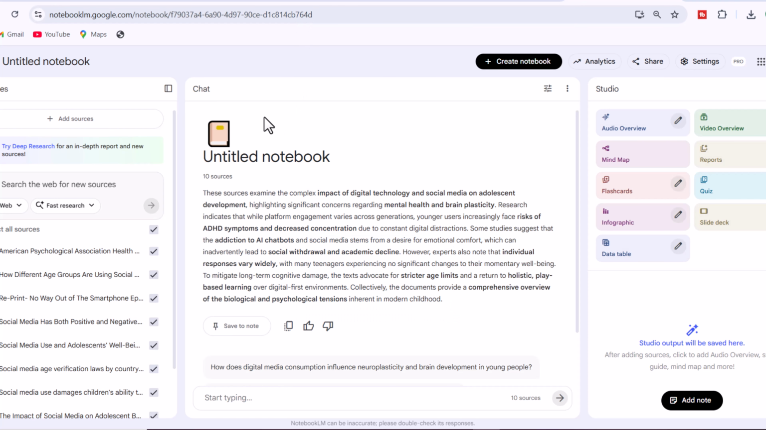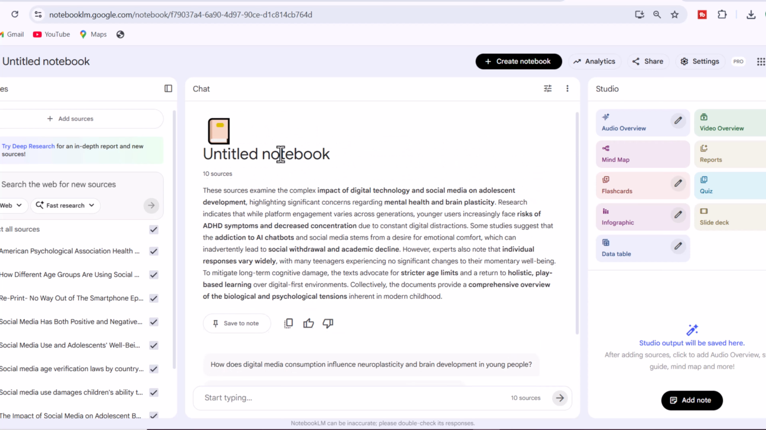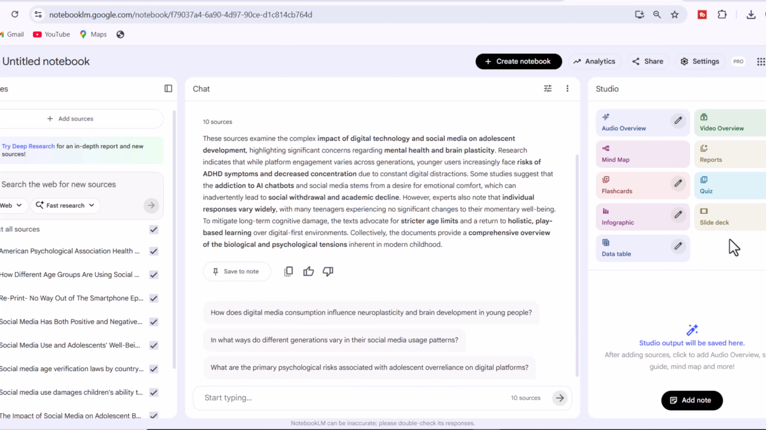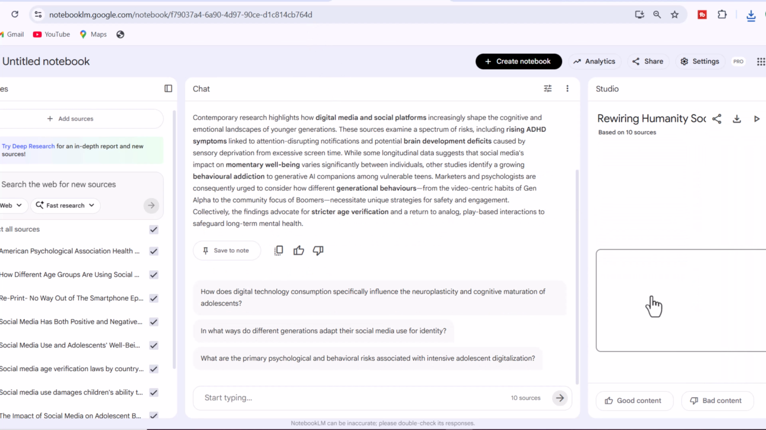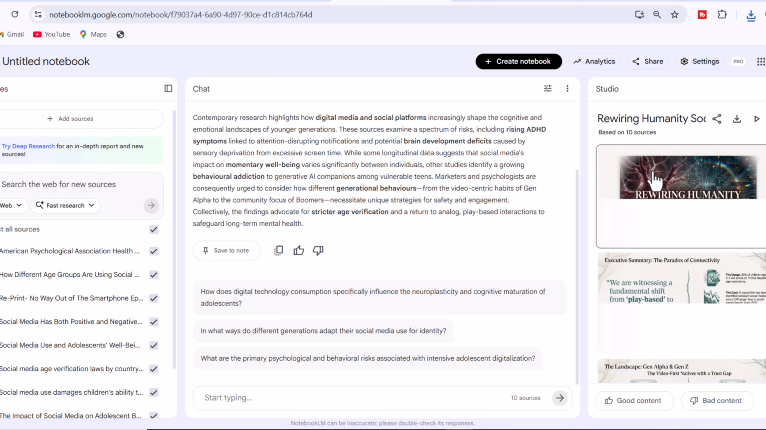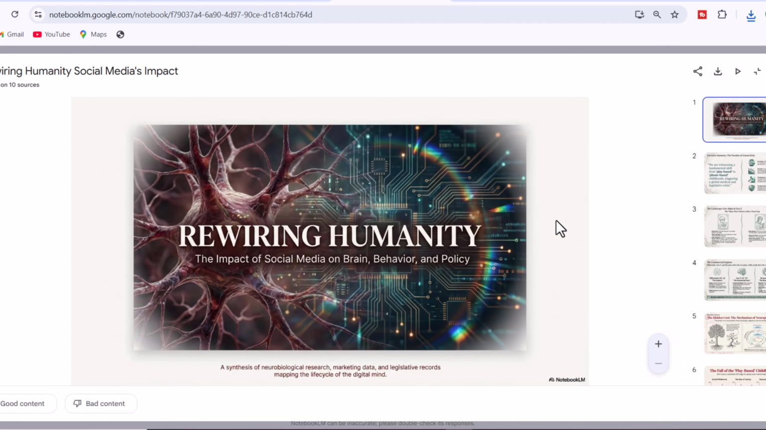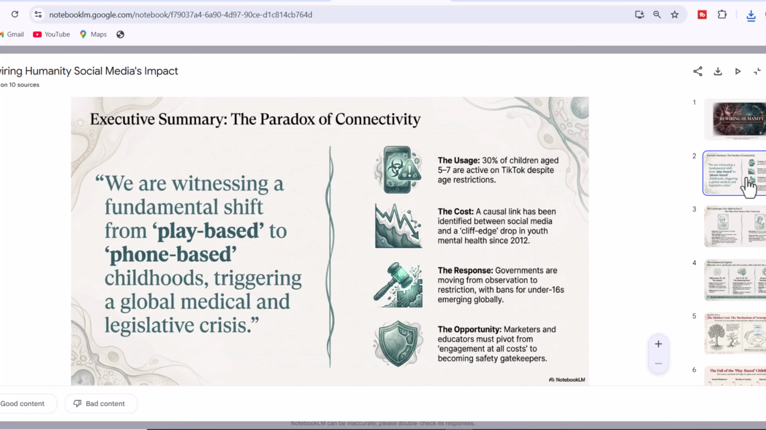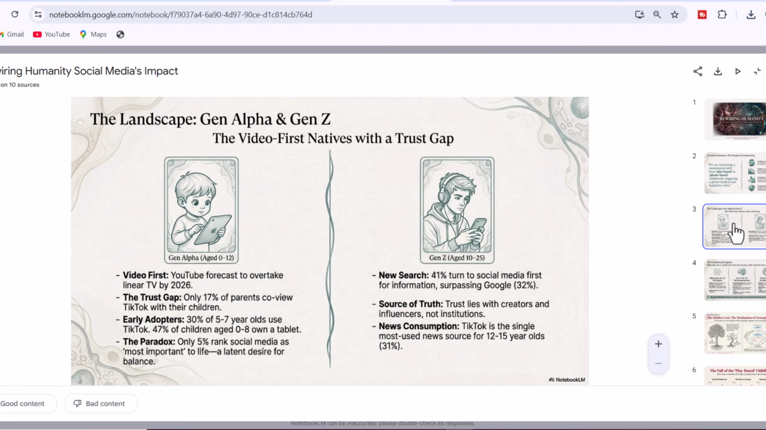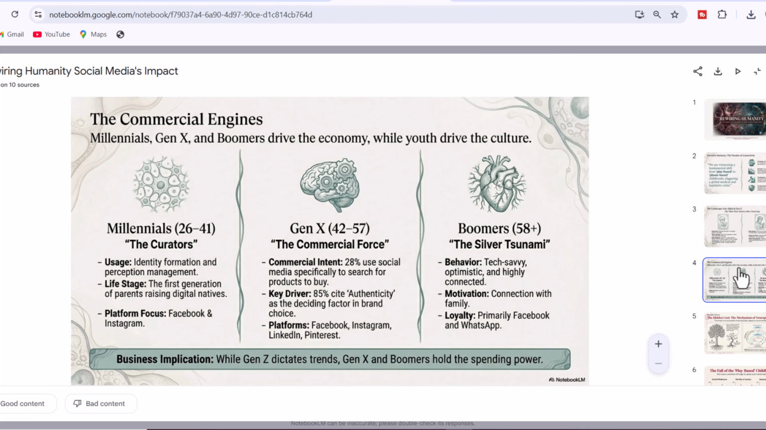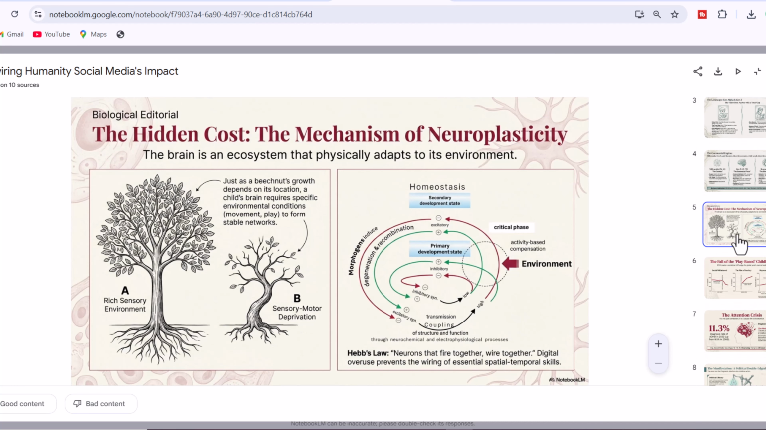For this demonstration, I selected Fast Search. Within moments, NotebookLM automatically identifies 10 highly relevant sources, including research papers, academic articles, and authoritative web publications. This feature alone can save an enormous amount of research time. After importing these sources, NotebookLM analyzes all of them together and generates a comprehensive, unified summary. The summary synthesizes key findings, recurring themes, and contrasting viewpoints, providing a clear and well-balanced overview of how social media